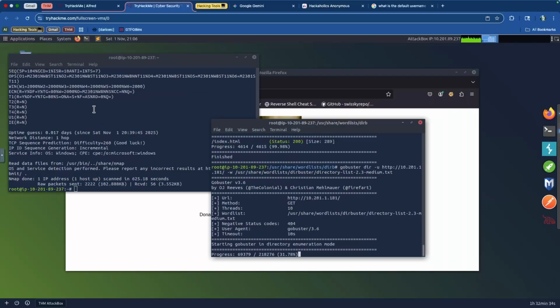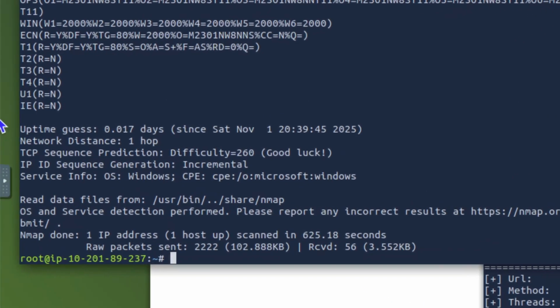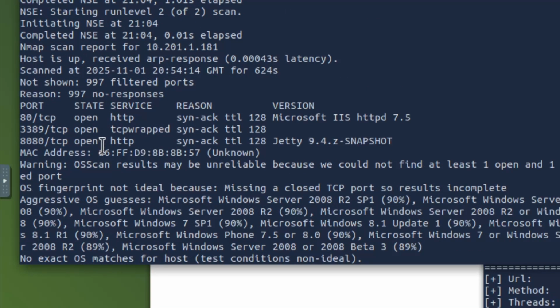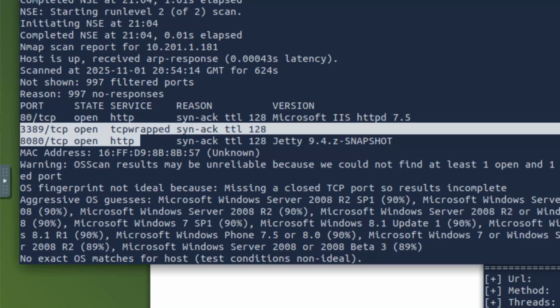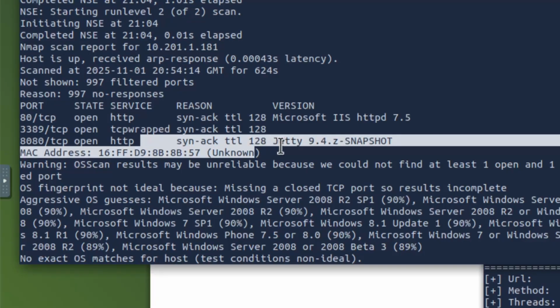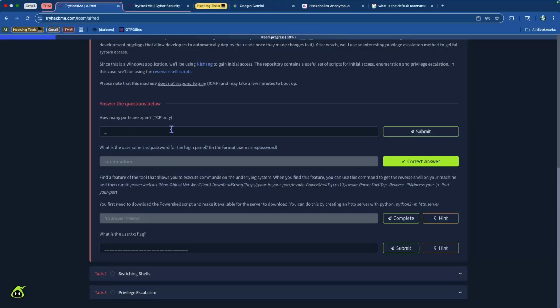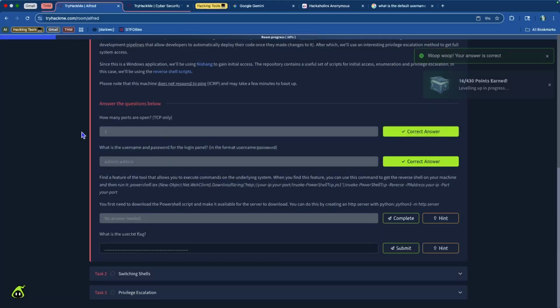Now, while that's running, we actually have this answer that should be done because the nmap scan just finished and it gave us a bunch of information. And basically, there are 3 open ports. So it scanned everything else, but it has 3 open ports for us. Port 8080 has the Jetty, etc., etc. So that would be the port that will most likely hold our